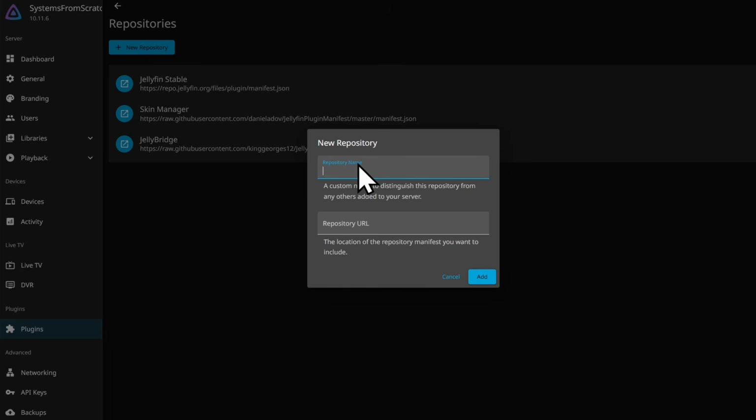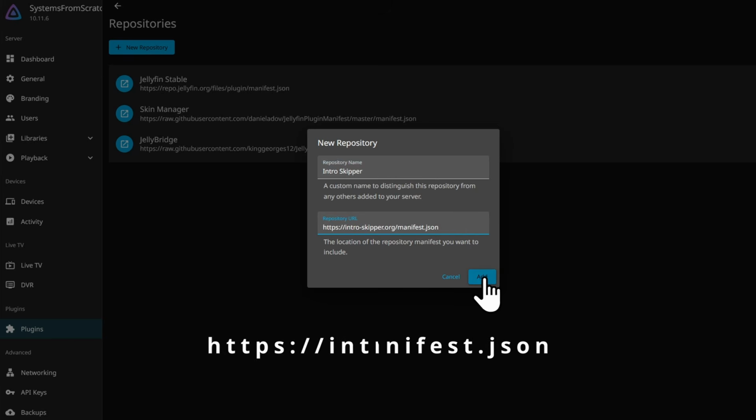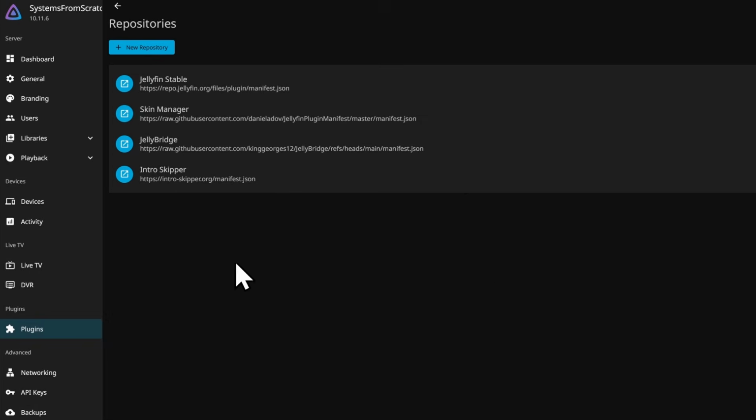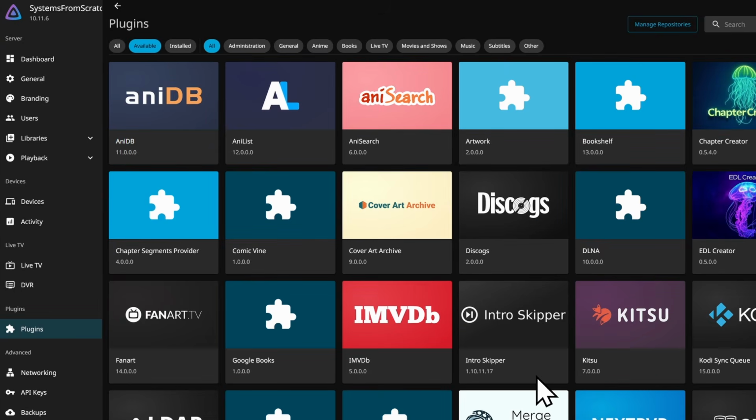Let's call this Intro Skipper, and paste the URL in the description below or that you see on the screen here. Once you're ready, click Add. Once that's in there, click the plugin section, and then just refresh the page. Once refreshed, click Available to see what's available, and you'll see Intro Skipper here. If you don't, you can search for it on the top right,